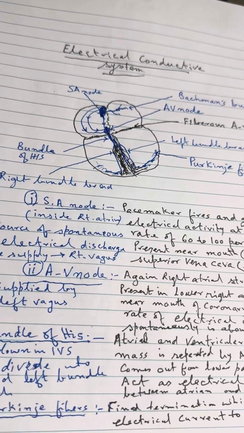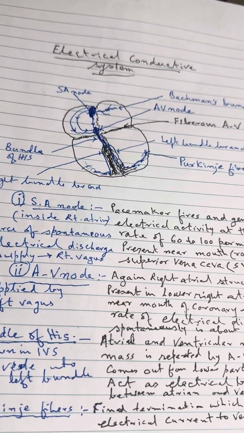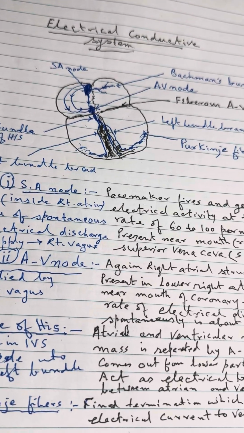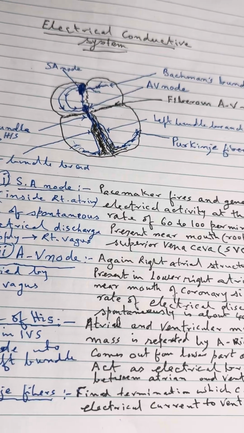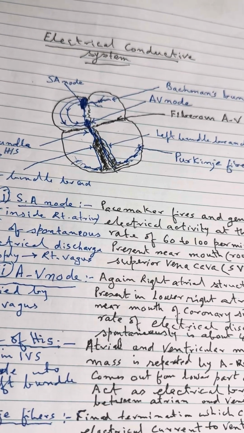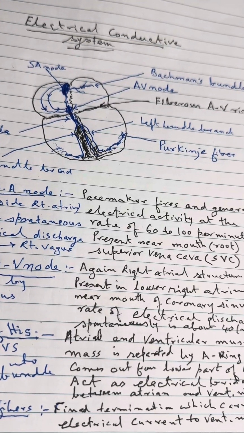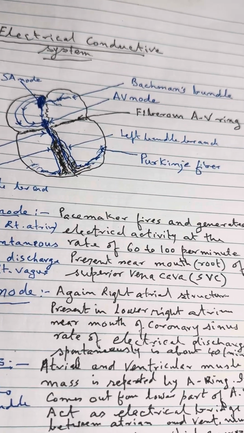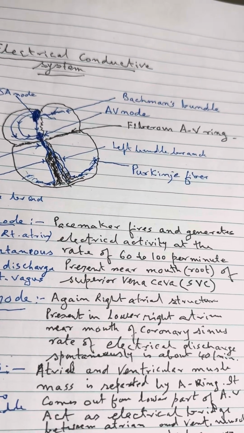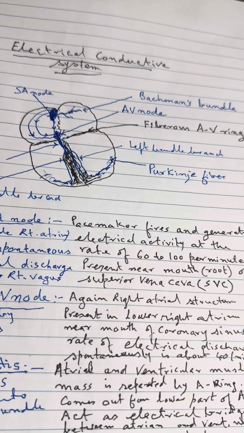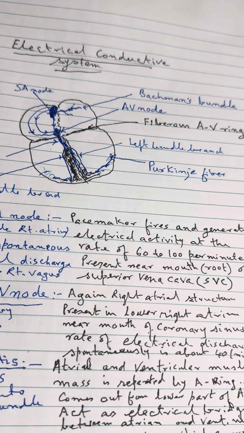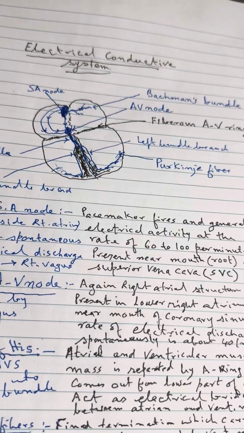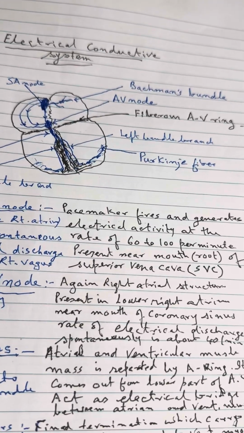Now coming to the AV node. Another thing to remember, that the SA node spontaneously discharges at the rate of 60 to 100 per minute, while the AV node is half the number, that is 40 per minute. Now the AV node is smaller in size, also a right atrial structure, which is smaller than the SA node, supplied by the left vagus, and it discharges impulse at the rate of